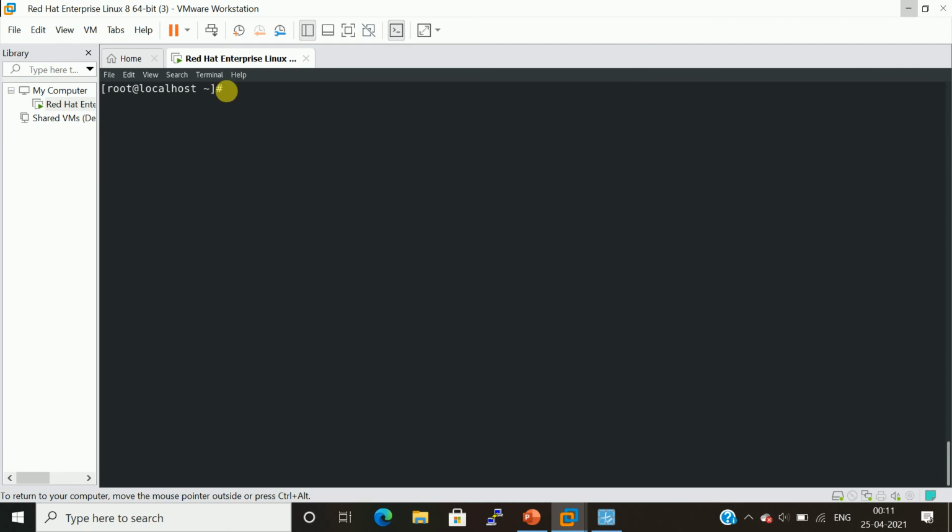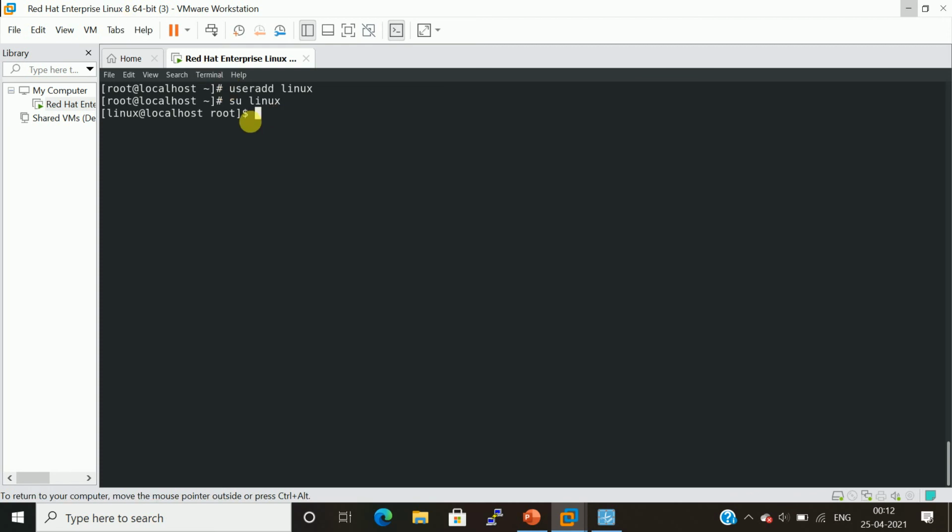For example, I am going to switch. Let me create a user with useradd, for example, Linux. I have created a user Linux. Let me switch into user Linux. For that, I am using the command su linux. So I have switched into Linux.